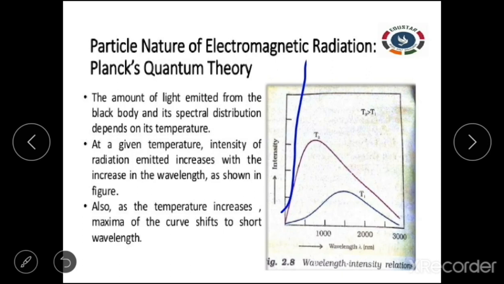On increasing the intensity, the wavelength just increases, reaches a maximum and then drops. This is what was actually proposed by Max Planck, and the maximum wavelength it achieved is called lambda max, and to the surprise, the lambda max lies inside the visible spectrum. Okay, so this is the black body spectrum.